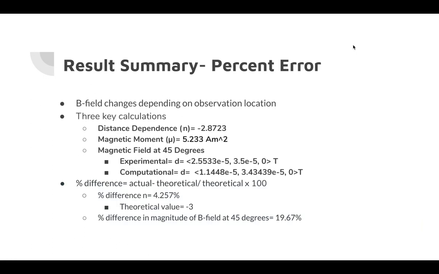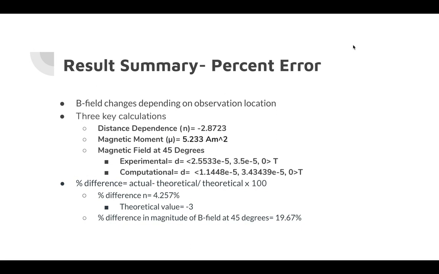Some result summary: I found that the B field changes depending on the observation location you're using. The three calculations that this lab was centered around were the distance dependence, which was negative 2.8723, the magnetic moment 5.233, and the magnetic field at 45 degrees: experimentally it was the same numbers, 2.5533 e to the negative 5 and 3.5 e to the negative 5, and computationally it was 1.1448 e to the negative 5 and